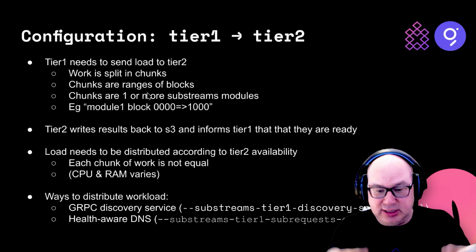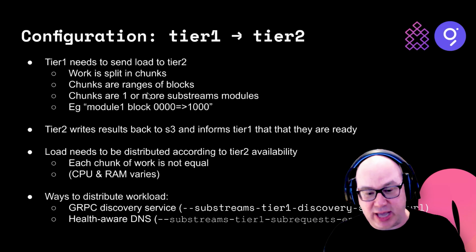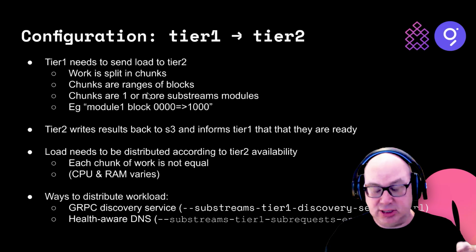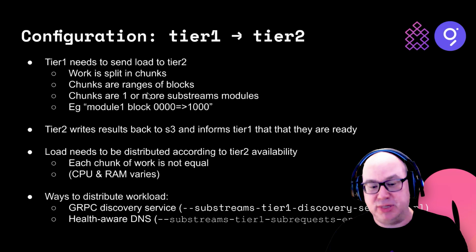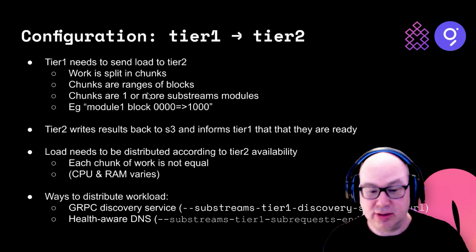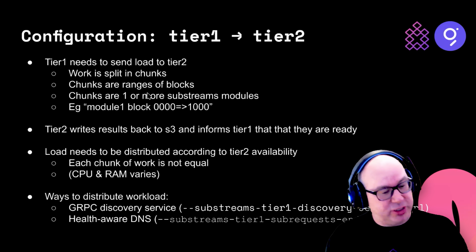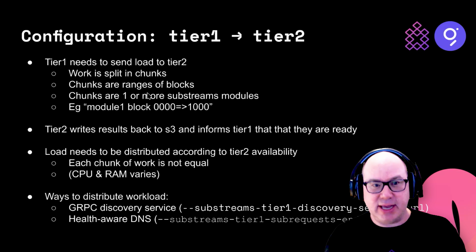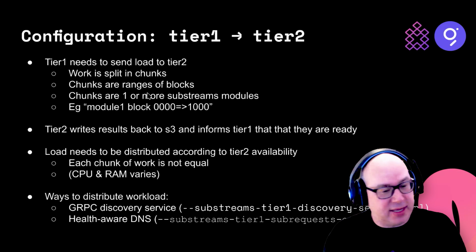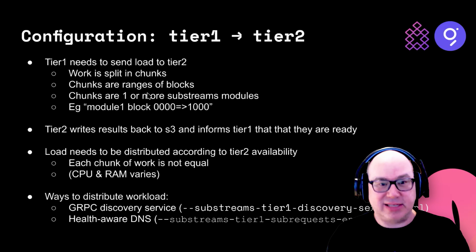And then when that chunk is done, tier 2 says, I'm done. And then tier 1 will say, okay, here's the next chunk of 1,000 blocks you need to do. But it might not be the next chunk of 1,000 that you just finished because there's other tier 2 nodes busy. So it'll give you another chunk, right? So tier 2 nodes are stateless. They just receive a request for a job. They process the job. They write the data back to the S3 bucket, and then they say, ready, and then it waits for another job. Otherwise, they sit there and do nothing.